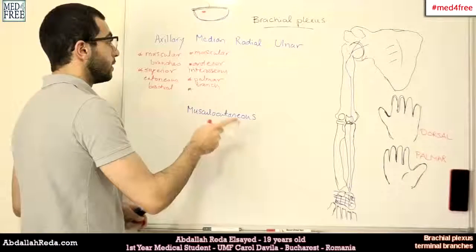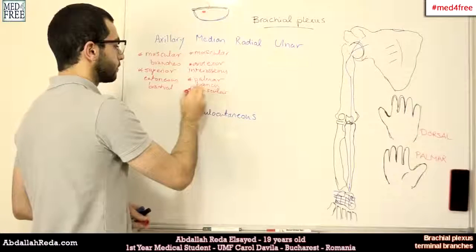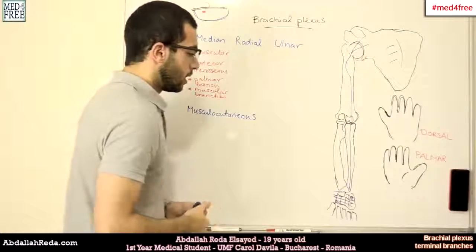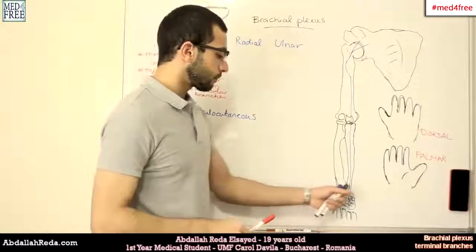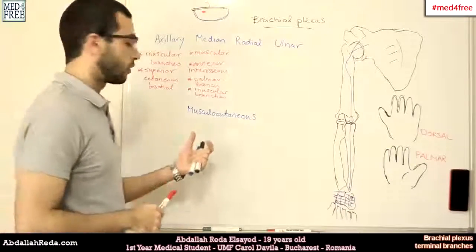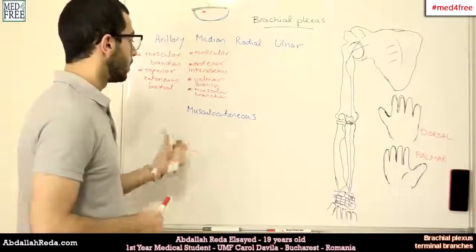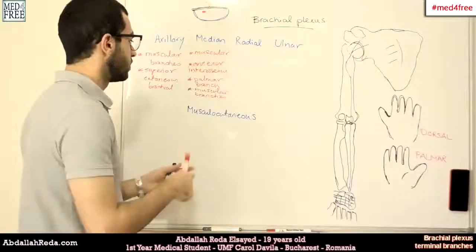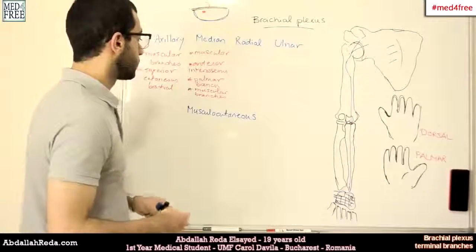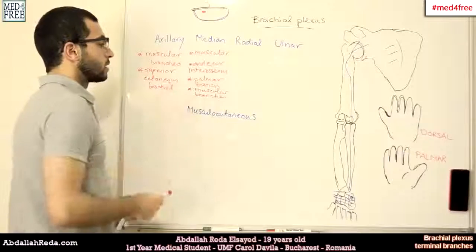And again, the median nerve will give muscular branches for some muscles in the thenar region, like the opponens pollicis, the one which is responsible for the opposing movement of the thumb, this movement, the opposition. But the other two muscles, the adductor and the flexor, are not innervated by the median nerve. So muscular branches,